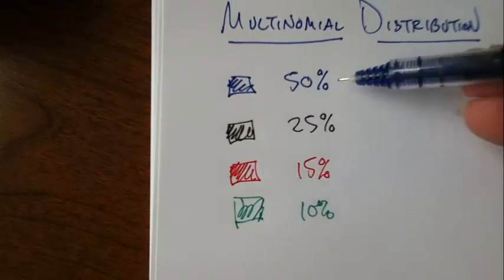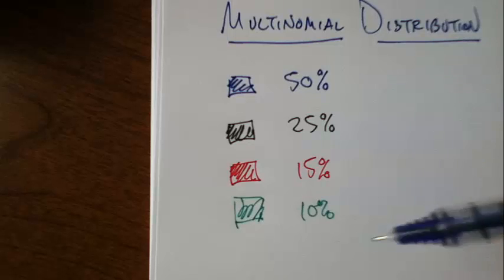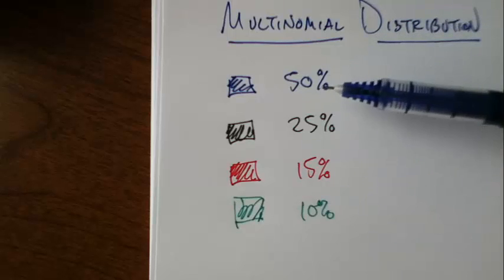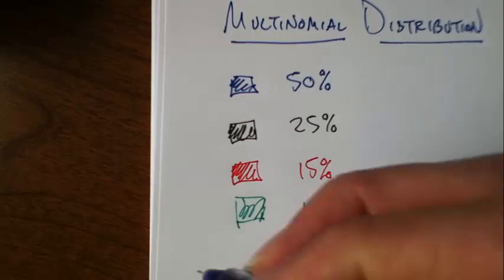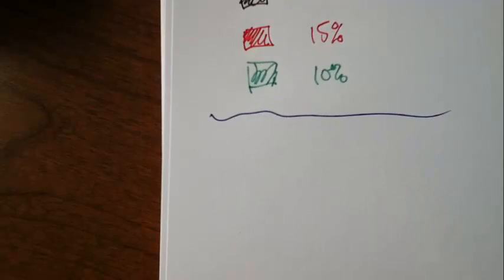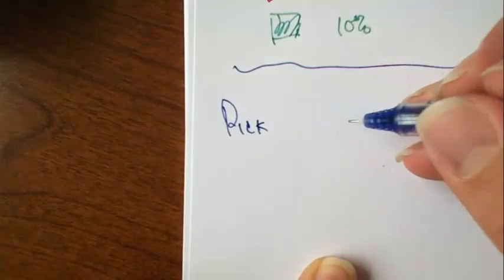I have an infinite number of blue pens and an infinite number of black pens, and an infinite number of red pens and an infinite number of green pens. They're all over the place, but they exist in these proportions. Does that make sense? Okay, so suppose that I'm running to class, and so I pick, say, 10